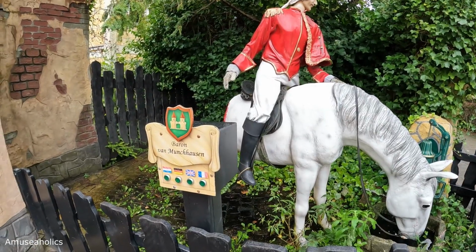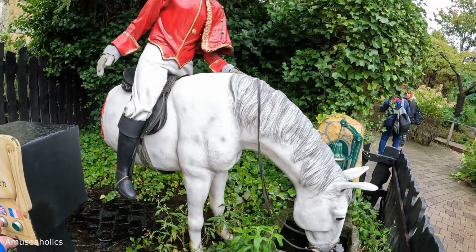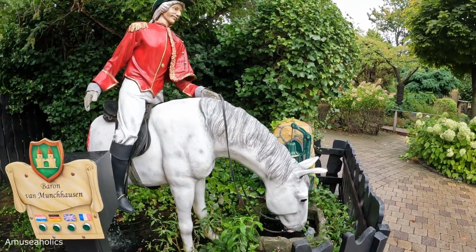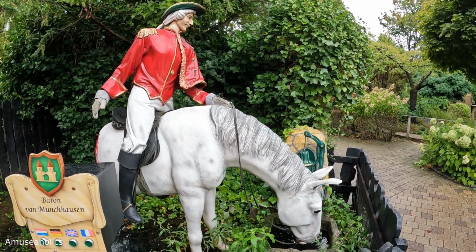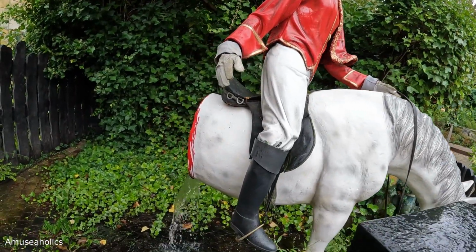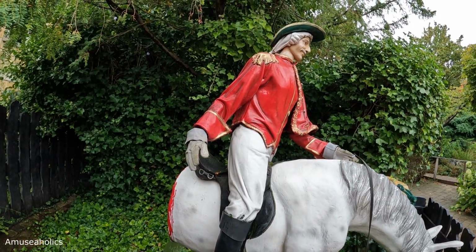So we've got Baron van Munchhausen with his horse. The Red Baron is my name. Flying is my favorite game. While stopping through the gate, the rails split my horse in two. Oh no, my horse has been split in two. Half my horse you now can see. The other half I kept for